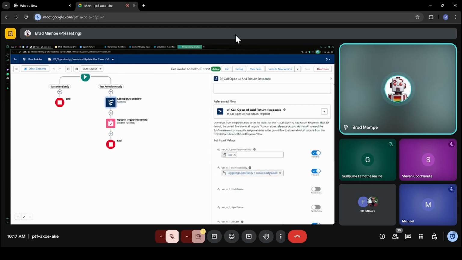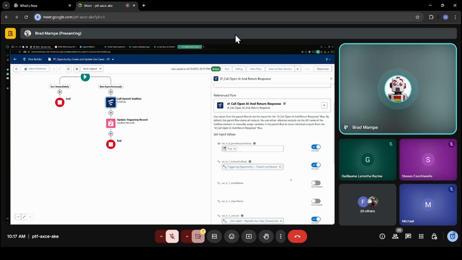and we're going to run the subflow. So I've created input and output variables from that subflow, but basically all we're saying is, is there a use case that we want? Where in our custom metadata is the name of the use case that we're going to get? And that'll make sense when you see the subflow. So I created a label to handle the closed loss use case, and that's going to match a field in the custom metadata when we get that in the subflow. And I'm also going to choose to pass this field data for closed loss reason over as part of the instructions.